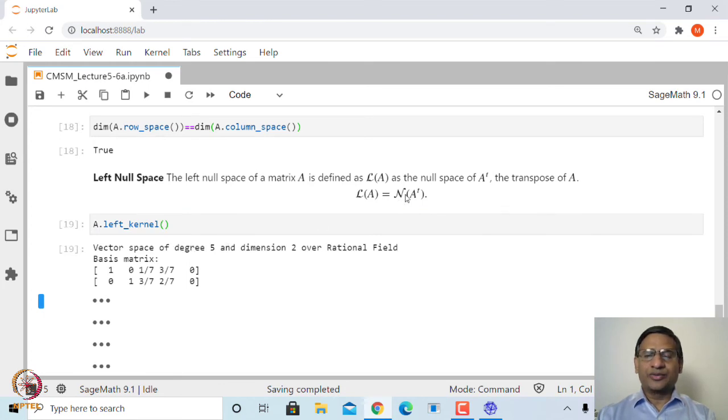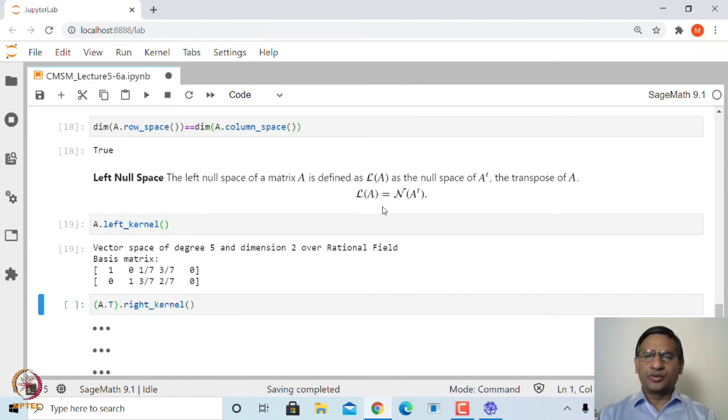And we know that we can obtain it by solving a system of homogeneous equations. Just now we did it for the null space. The same thing one can do for the left null space, right. So, in this case the left null space has dimension 2 and it is spanned by these vectors.